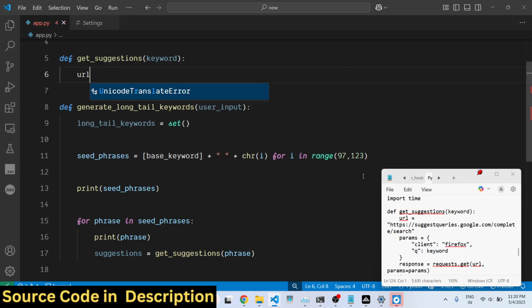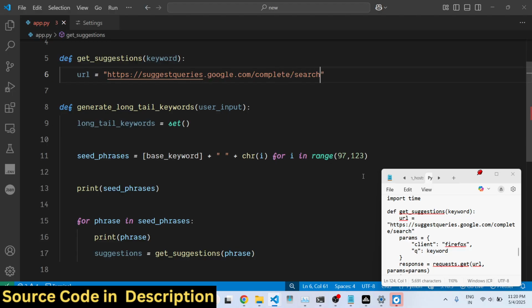So inside this we need to hit a URL. This URL is the autocomplete and suggest API, which is provided by Google. It's completely free. You can use it an unlimited number of times. So this is actually the endpoint. We are making a simple GET request to https